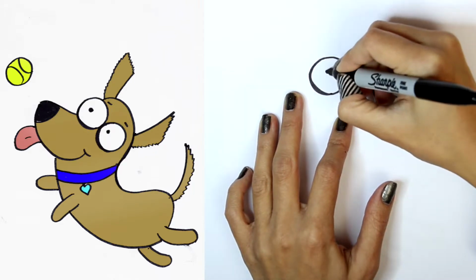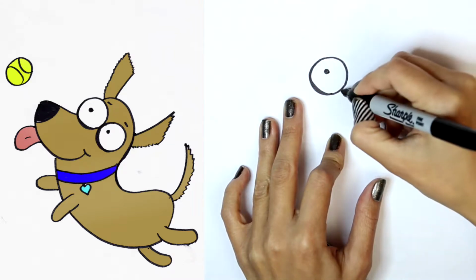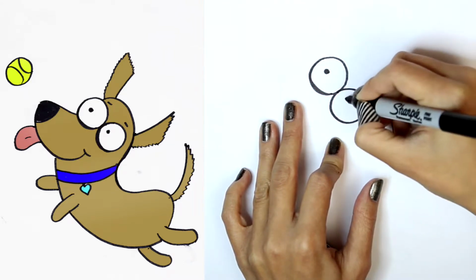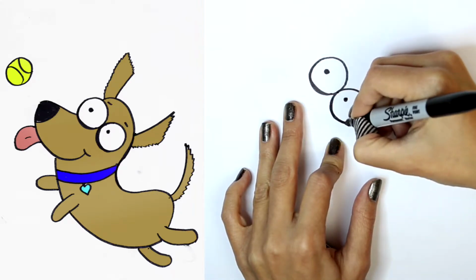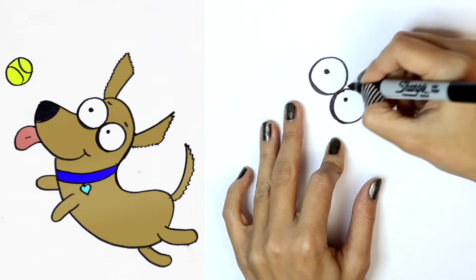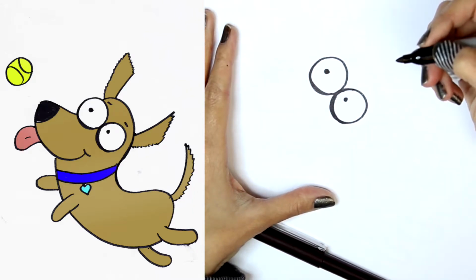And then we're gonna do a dot in the circle, in the middle of the circle. Then we're going to do the other eye, which is just a circle next to it. There we go. And I guess I will make the bottom line thicker. Since I already made that mistake, I will fix that in coloring. Now we're going to do